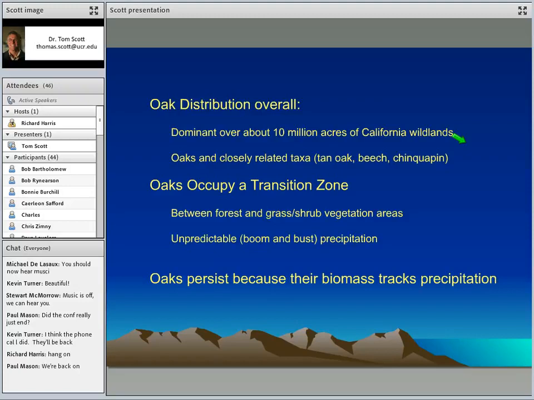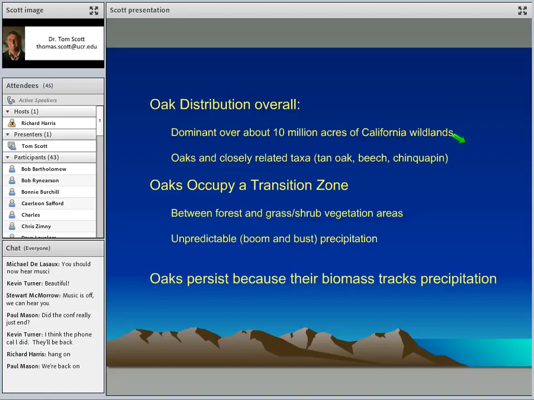So the second thing that I think, if you don't get anything else from my talk today, is this understanding that oaks are in what I would call a transition between the very dry vegetation types in California and the conifers or the reliable precipitation areas of California. And I know that I saw that John Helms is on here, and I don't want to oversimplify this. These are very complex ideas.